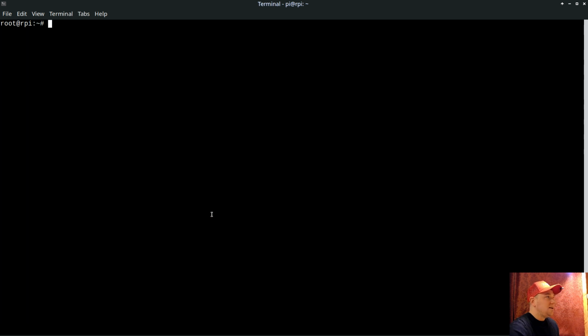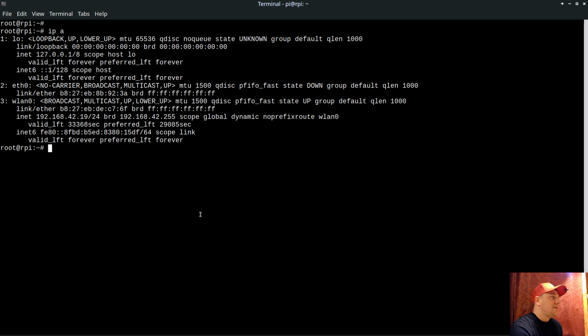Let's clear the screen, and I will describe how we are taking advantage of the MAC address. If we list the network characteristics, we see the wired connection. This is the MAC address, and for the Wi-Fi, this is the MAC address. And we can use this field because each Pi is having a unique MAC address. We can use one of these fields to generate the host name, and so I would